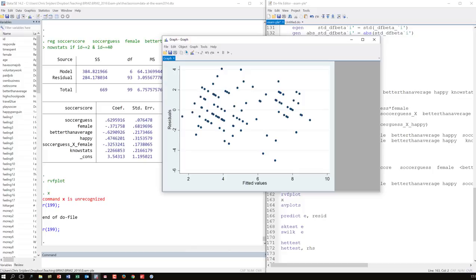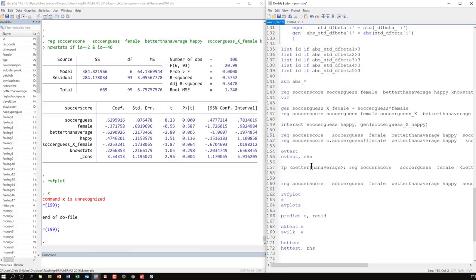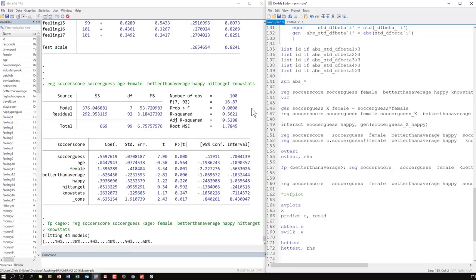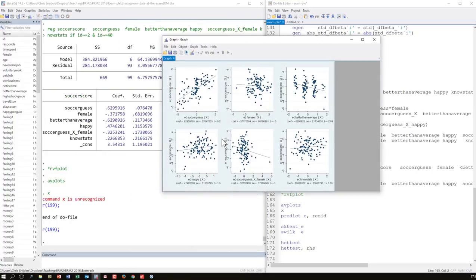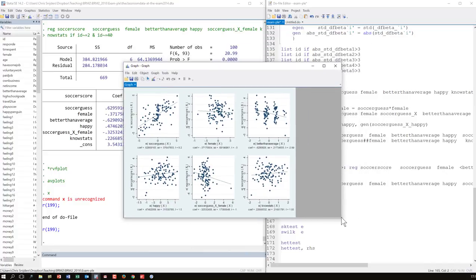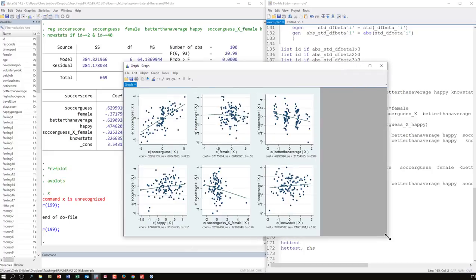Not too bad. Looks like noise to me, but perhaps here. Can imagine that these are in fact that number 2 and number 40 or so that I left out at some point. And if I now get rid of this plot and instead ask for these. This takes a bit longer. There you have them. Again, so what I hope to see here is, let's say, obvious transformations of my predictor variables that might work better.